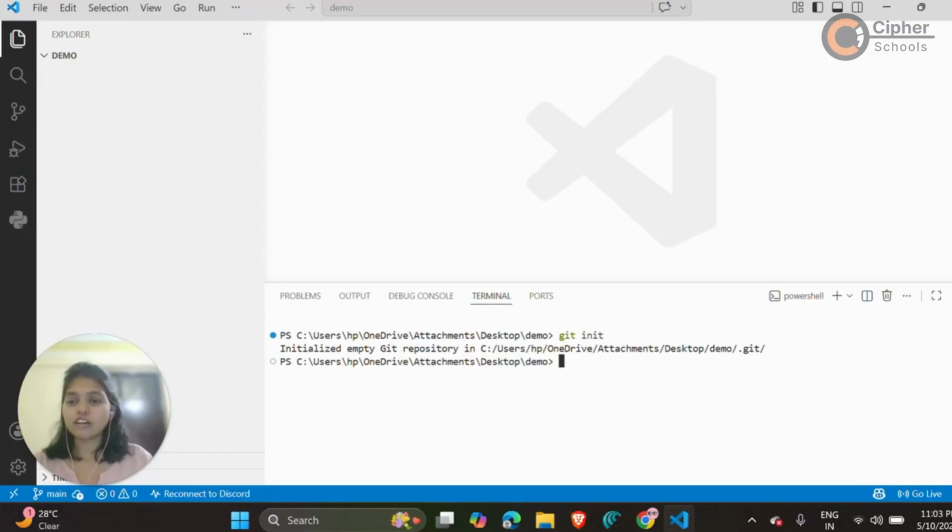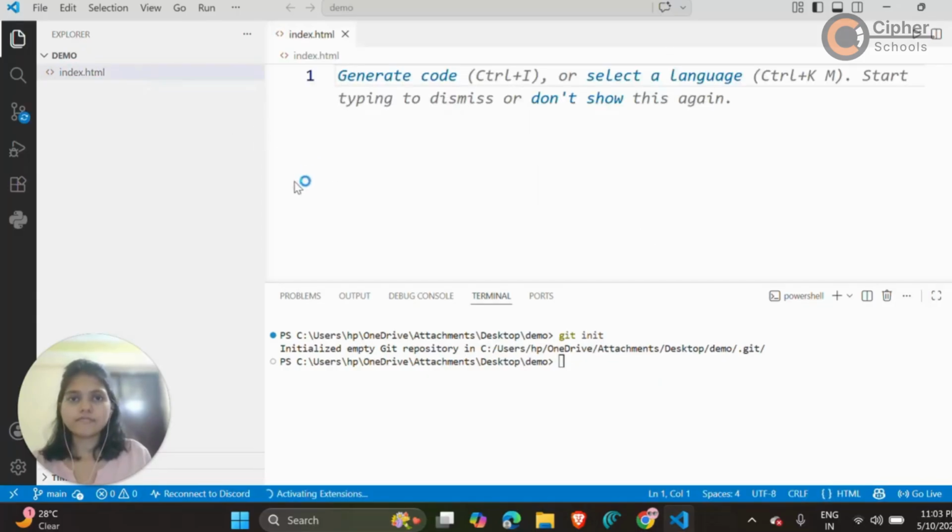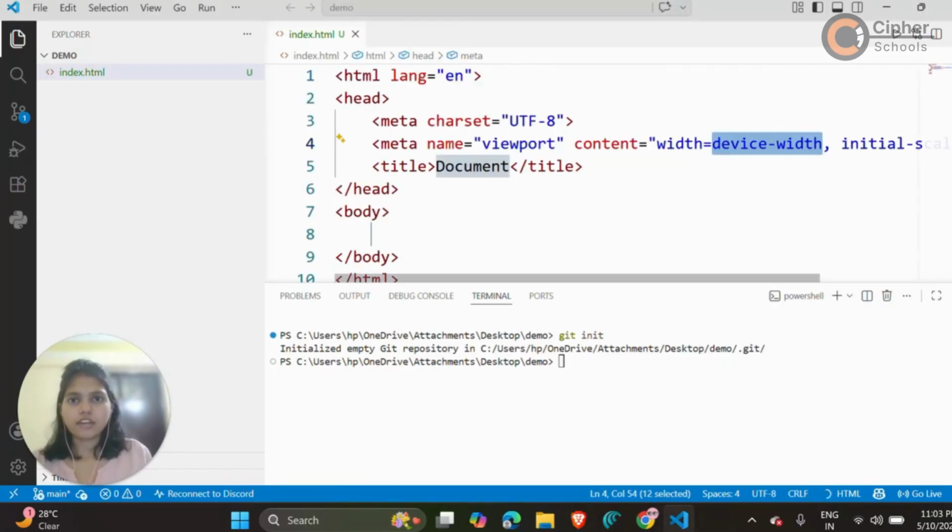And now we have a hidden Git folder in the background. You can think of this like a memory system of your project. From this point, Git can track every change we make in this project. Alright, let's create a simple index HTML file here and type some of the HTML code.